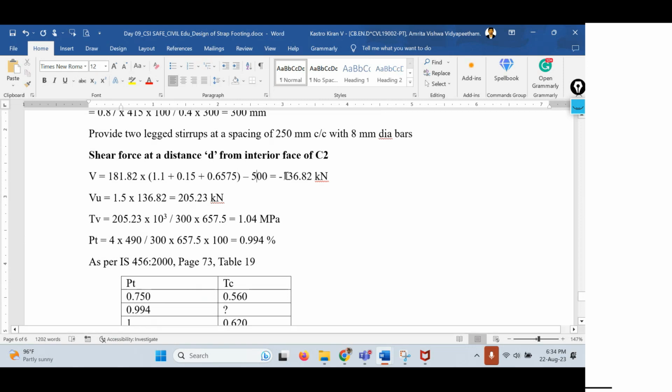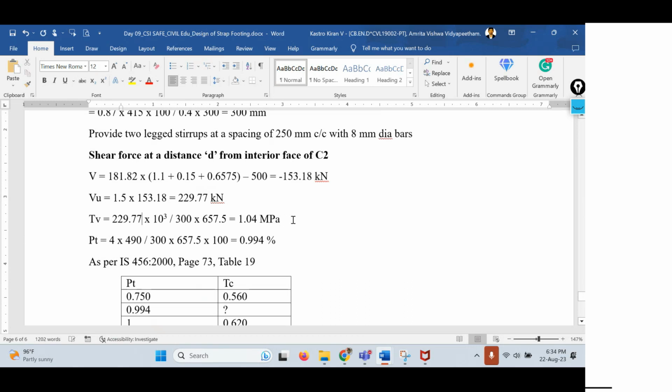So if you solve this one, it will be minus 153.18 kilonewtons. So it will be minus 1. Ultimate shear force will be something like 1.5 times 153, which will be 229.77 kilonewtons. So tau v value we are going to solve, which will be